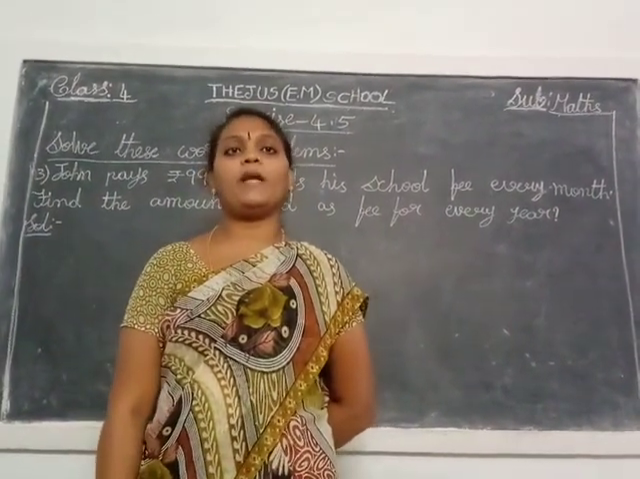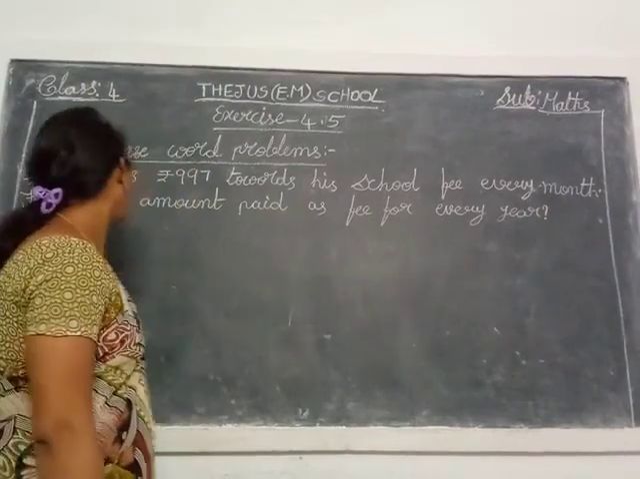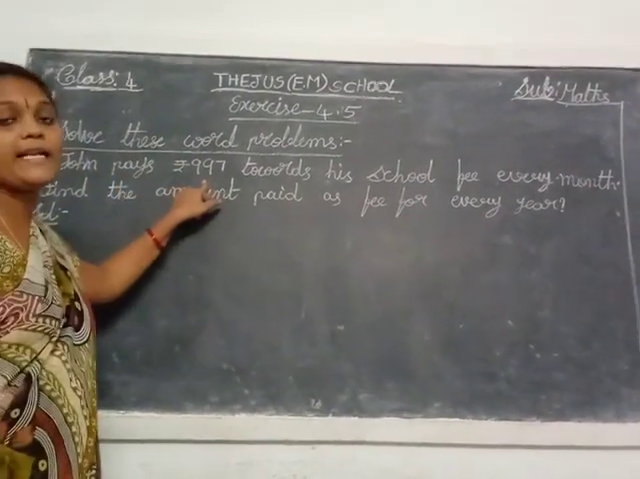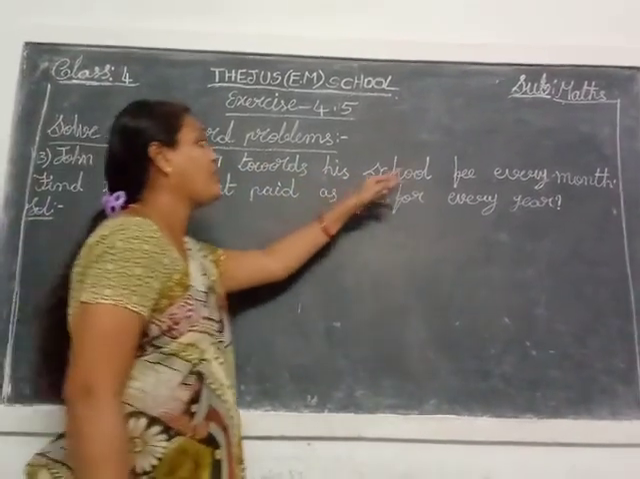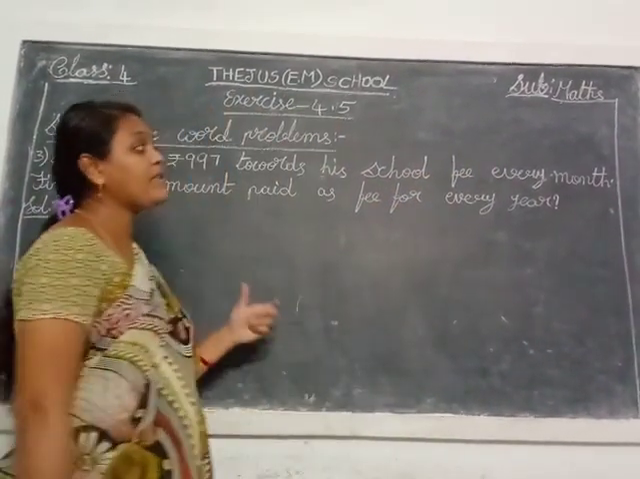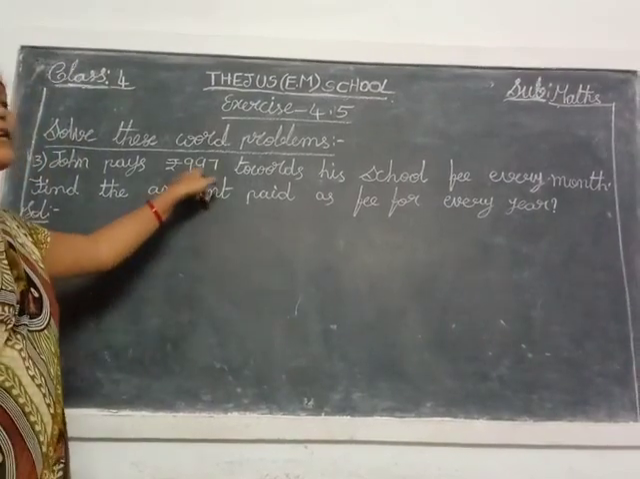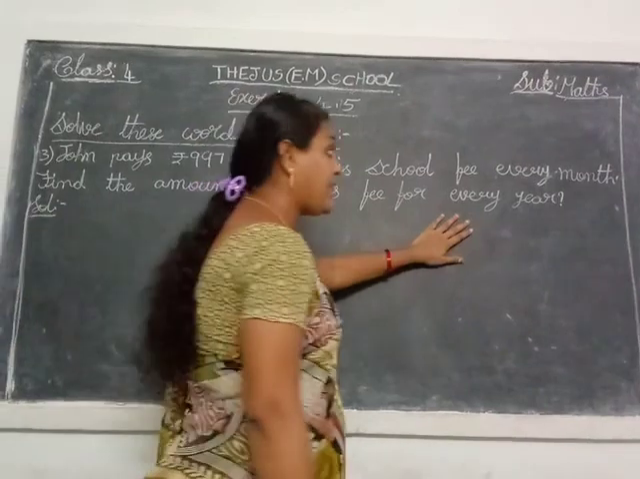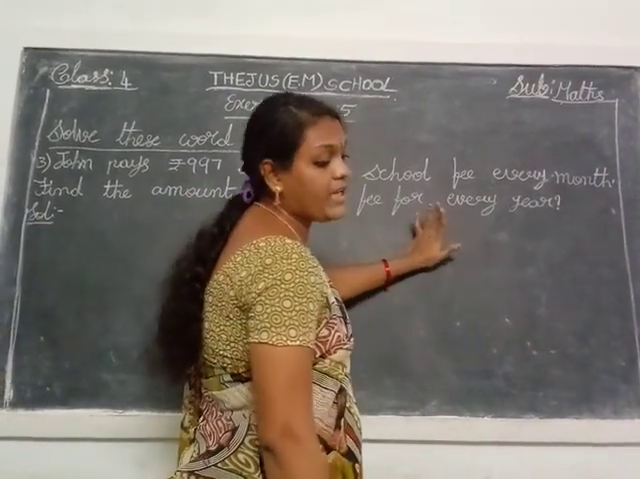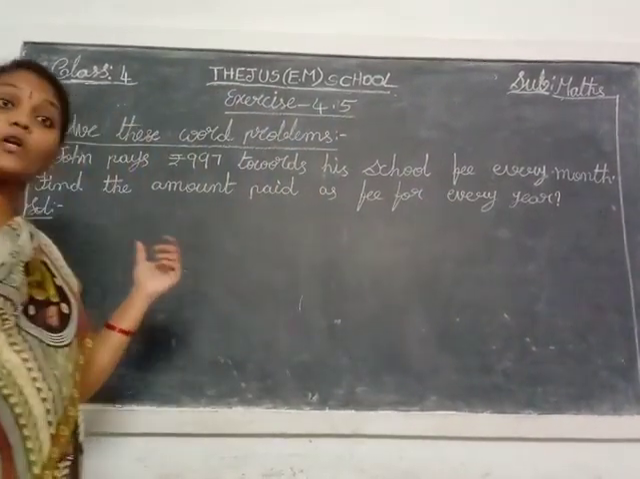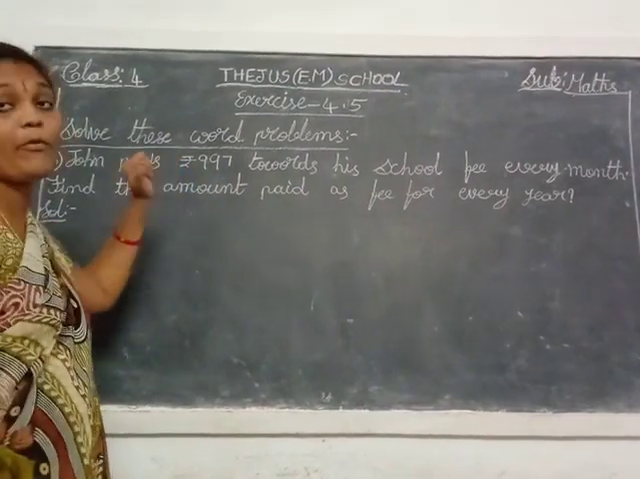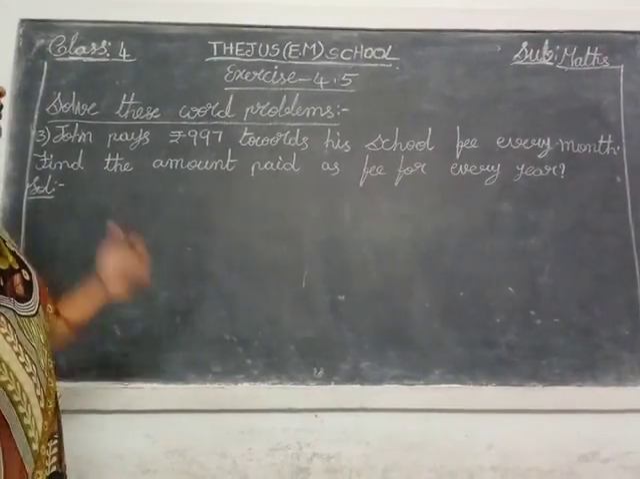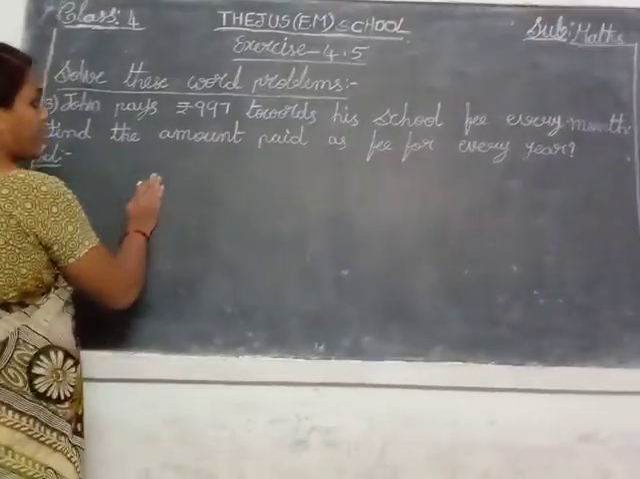Today is our maths class. See children, in exercise 4.5, third word problem. John pays 997 rupees towards his school fee every month. So every month the school fee is how much, children? 997 rupees. Find the amount paid as fee for every year. Every year, how much does he pay in total? Only 1 month's amount is given here, but for 1 year, how much is the fee he paid? Now we'll find out. So first you write here